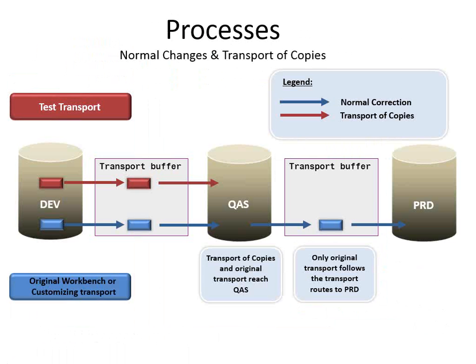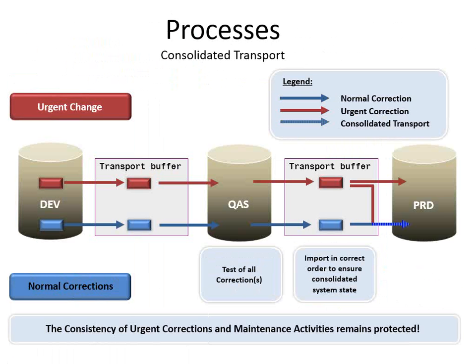So again, it will show up like the parent transport got imported into QA, and it is lying in the import queue once the business owner is approved for production. So that's the concept we have in the normal change. Urgent change is, this is the consolidation. The consolidation transport is like the